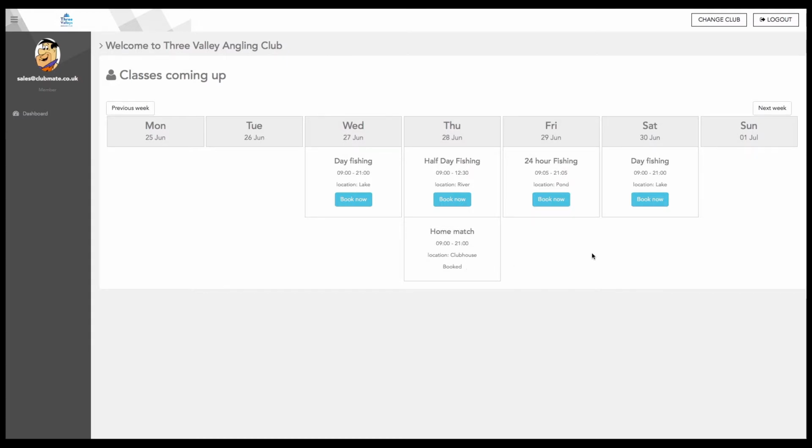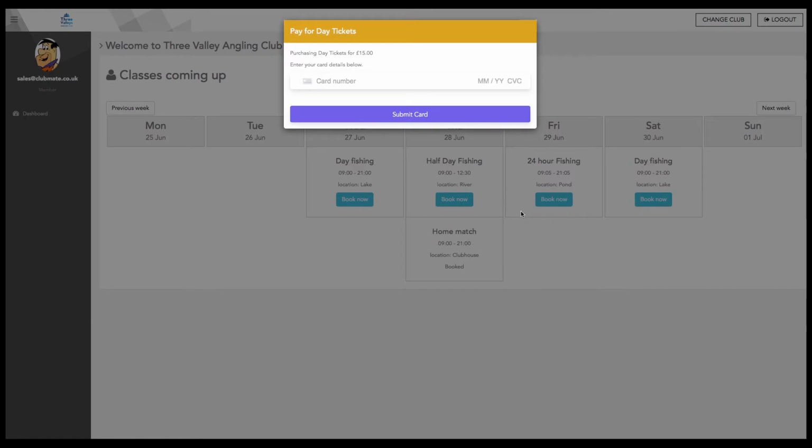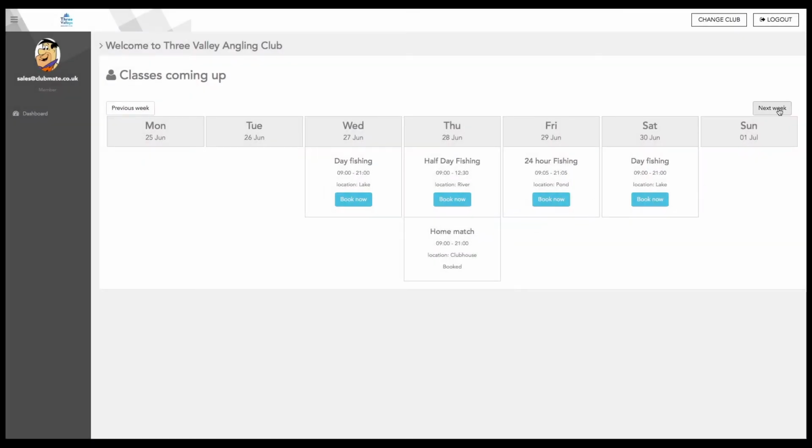Alternatively, if Fred wanted a day ticket, which does not come free as part of the membership, then I'll be prompted to make that purchase by adding my card details. I'm not going to do that now, but it would be processed in real time and a receipt emailed directly